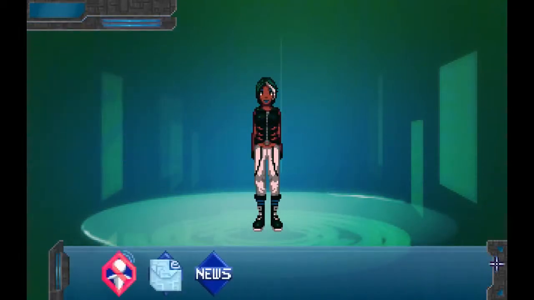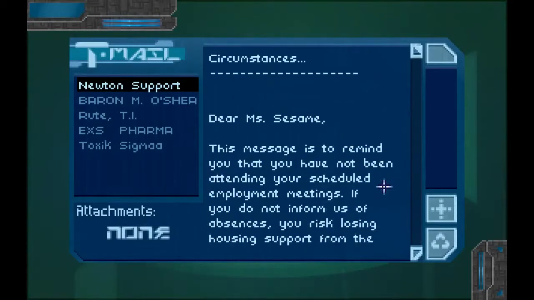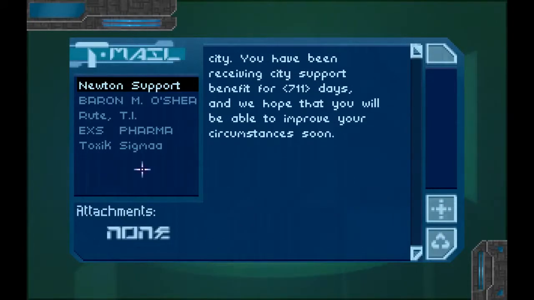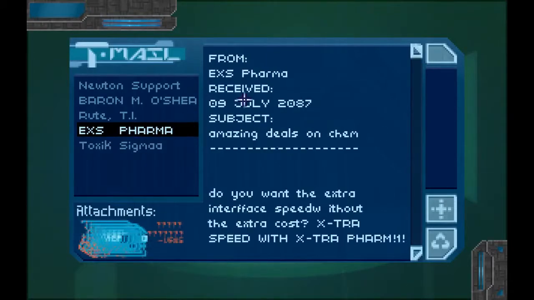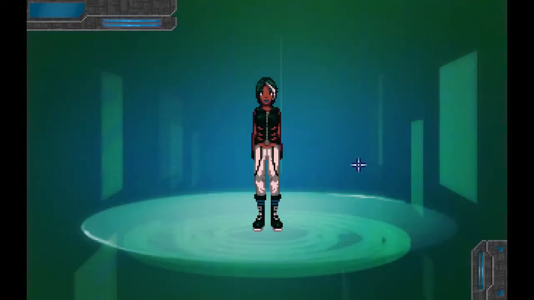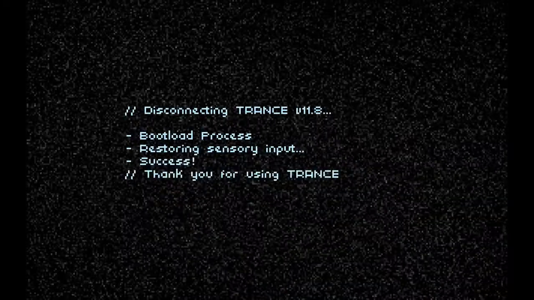Okay, nothing to interact with right now. Check our mailbox. Newton support. Dear Miss Sesame, this message is to remind you that you have not been attending your scheduled employment meetings. Okay, I don't think this is anything new. Toxic Sigma. Yeah, okay. I think this is all old stuff. We might start learning to work together, yeah. Okay. I think we need to...